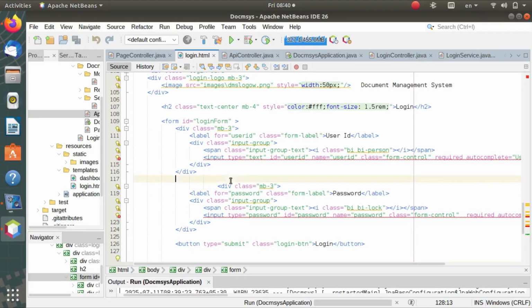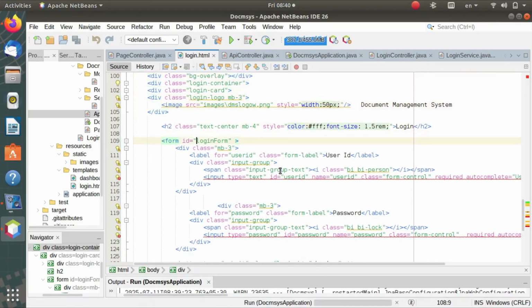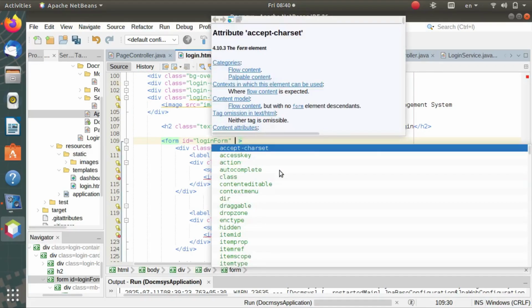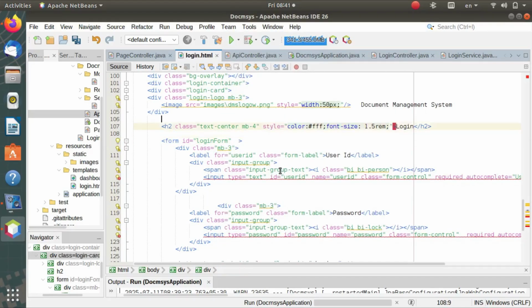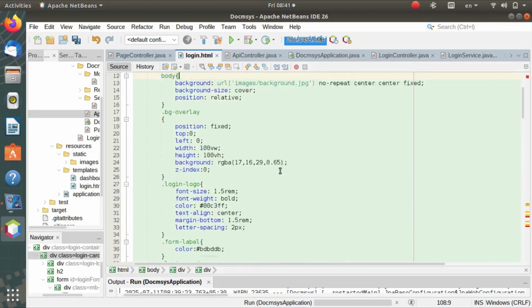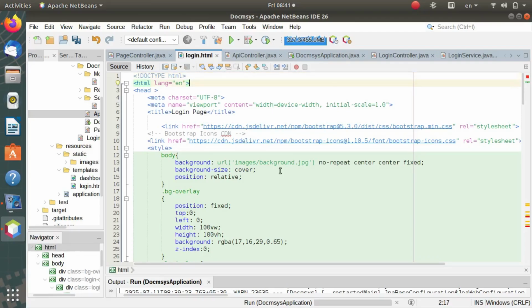We move one by one, not going to show heavy kind of concepts. So first we work on the login form. Here is my login form, and after that in the login form we set the action. So first we check whether Thymeleaf is added or not. Oh, Thymeleaf is not added. So first we add Thymeleaf